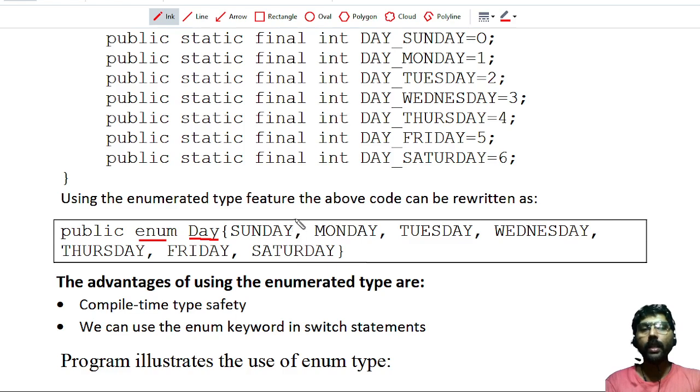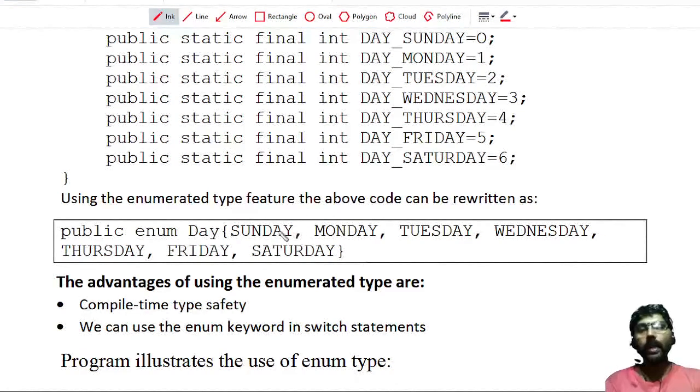Now Sunday is automatically initialized with 0. Monday is 1, Tuesday is 2, Wednesday is 3, Thursday is 4, Friday is 5, and Saturday is 6. Automatically it is initialized with some numbers.